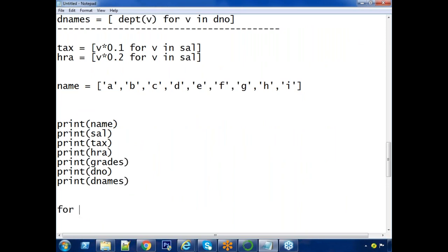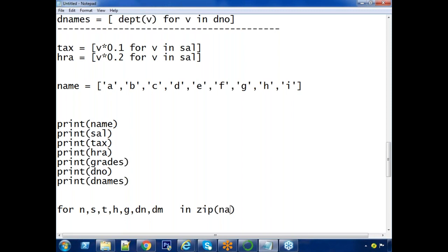For name, salary, tax, HRA, grade, department number, department name in zip of name, salary, tax, HRA, grades, department number, D names. What zip function will do is element to element mapping.